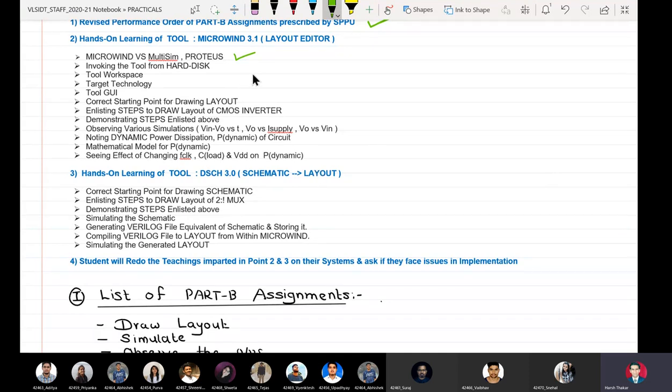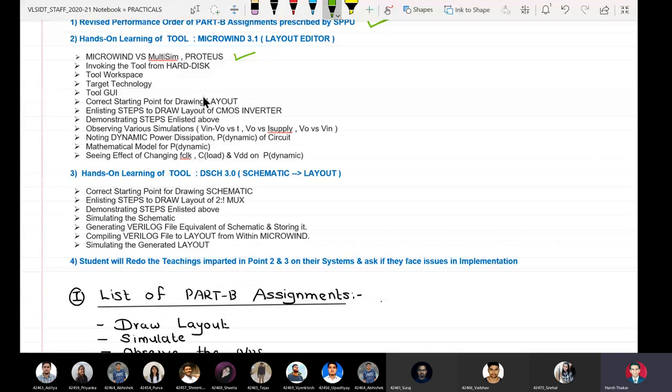Okay, now most important thing, how to invoke the tool. Specifically I have not used the word installing Microwind. I have said invoking the tool, because this tool is so small, the entire setup does not have a disk space of more than 6 MB. You see the difference. The Xilinx installable was 6.17 GB, and after installation it could take up to 20 GB on the hard disk. But this is a very small tool, but very efficient and very useful. So that is why I say invoking the tool from the hard disk.